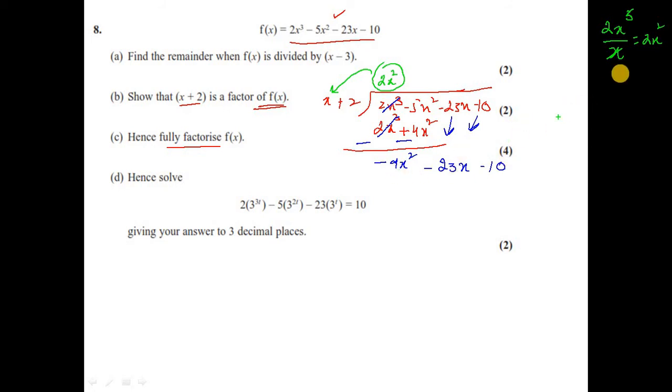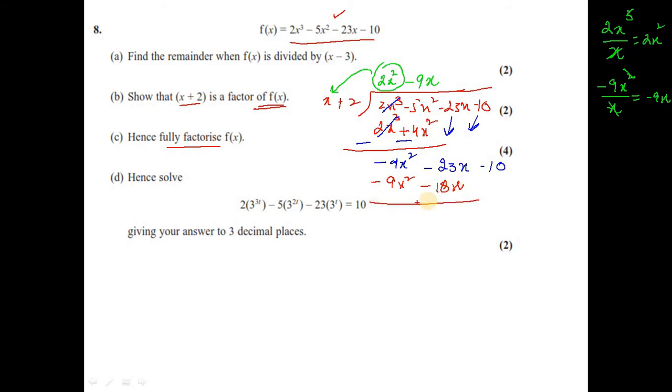The first term, minus 9x squared, divided by the first term of the divisor, x. Cancel, your answer is minus 9x. That means you must write minus 9x as the second term of the quotient, and this minus 9x is now multiplied with every term of the divisor. So minus 9x squared, and then minus 18x,